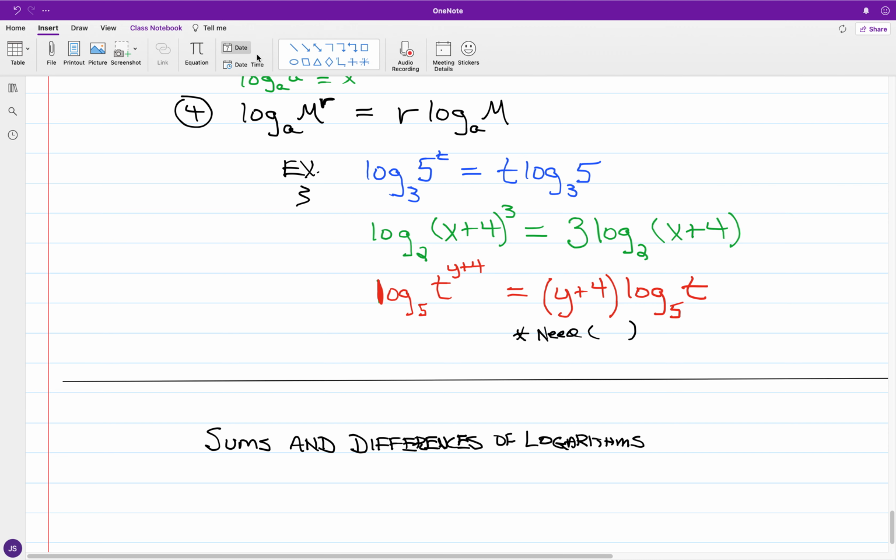Okay, so for sums and differences of logarithms,